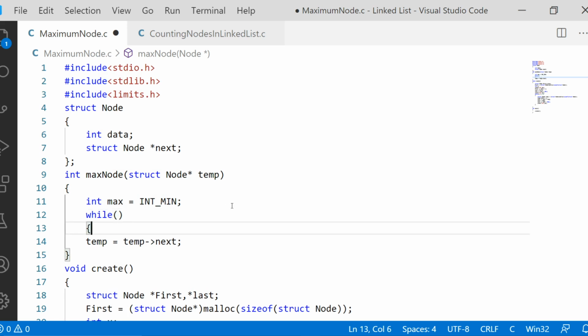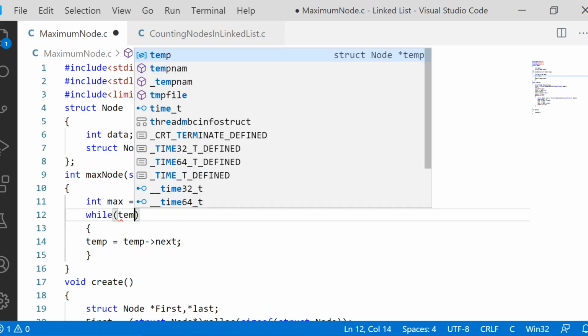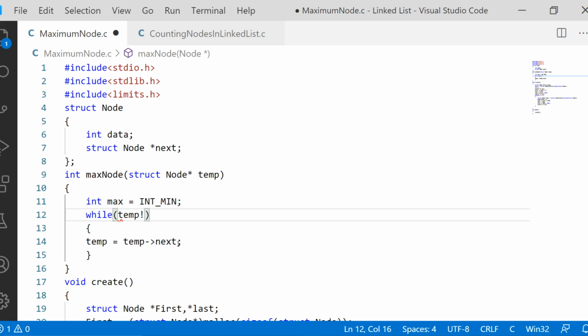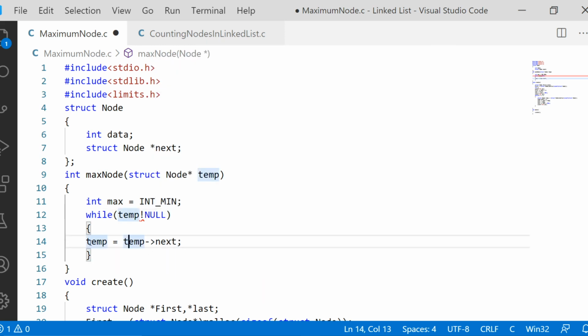Until we reach the last node, this movement should keep taking place. So we are writing temp equal to temp of next inside a while loop for repeating it again and again, and also up to a certain point. If temp is not equal to null, then we can move temp to temp of next. But if temp is equal to null, then you can stop the movement and come out.